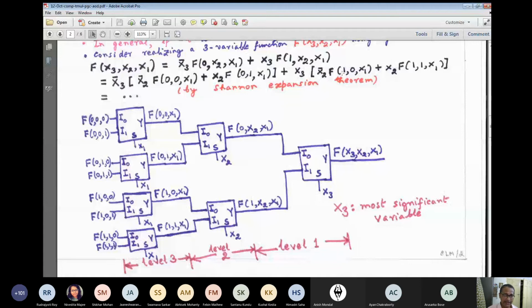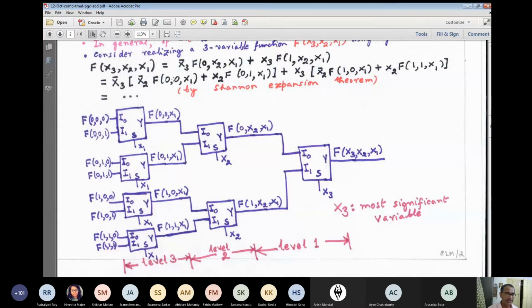That means x3 is replaced everywhere by 1, x2 is replaced everywhere by 0 within the algebraic expression. Okay, nothing else. Similarly, 1, x1 means it corresponds to this input, which will be propagated into the output of this 2 to 1 multiplexer when x2 takes the value 1. Finally, if you replace these 4 coefficients by taking out the value x1, that means I require 4 more